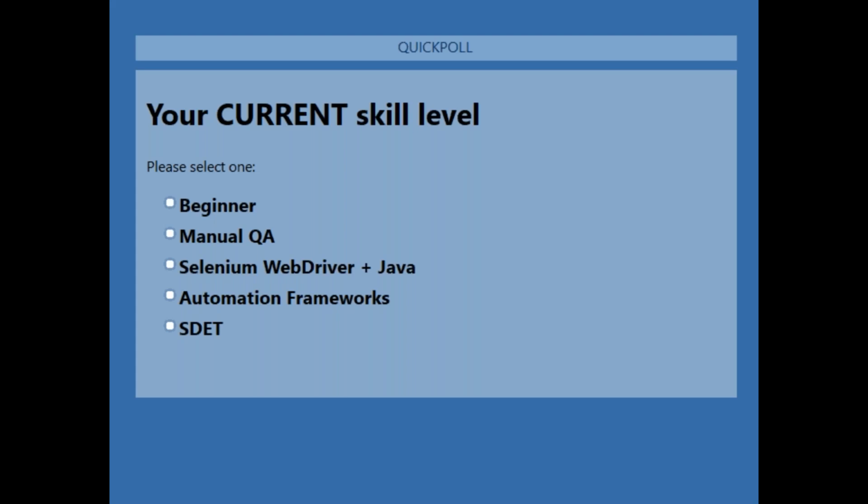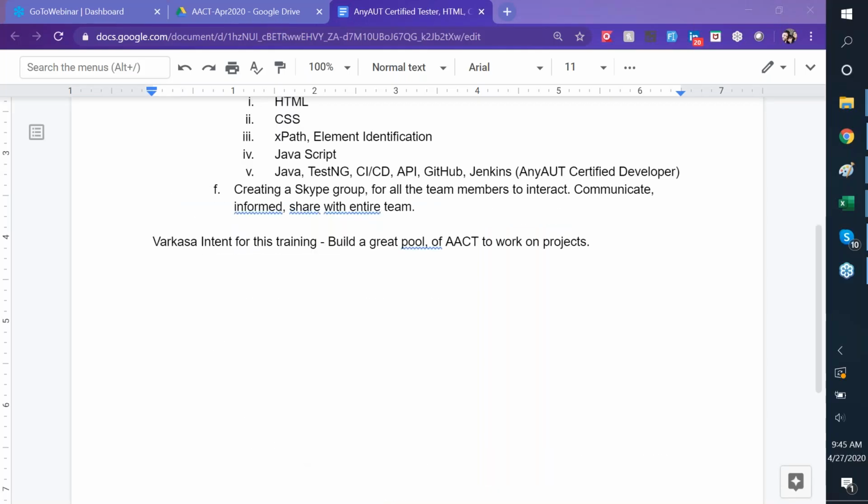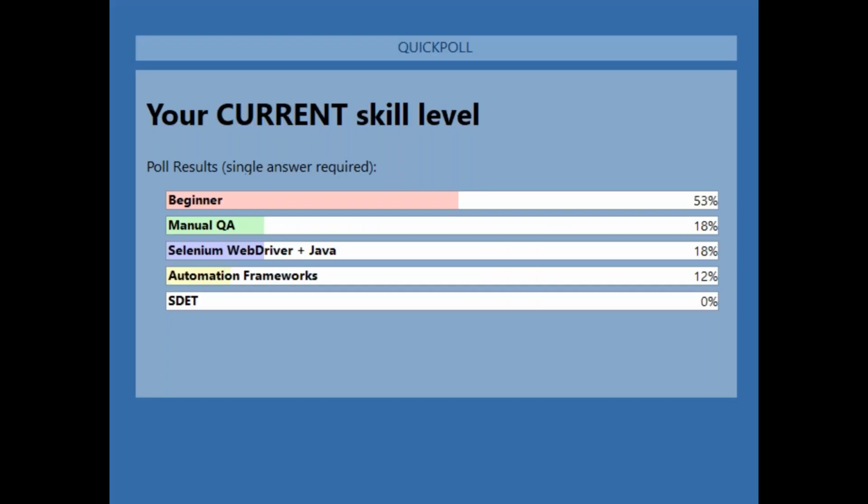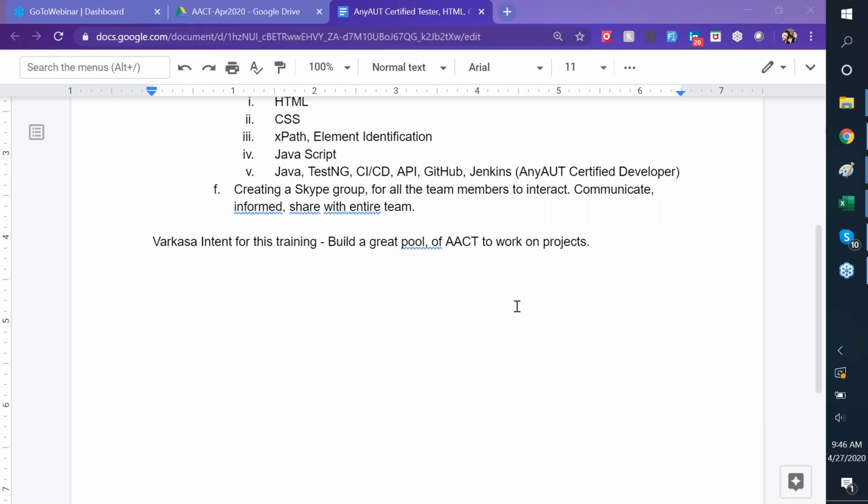I'm closing this poll and sharing these with you all. Can you see the results, everyone? So 0% SDET right now, team. And I'm sure a few of you are almost there, but maybe hesitating to put it. But the next time this poll runs in the next 2 weeks, I would love to see more changing. So beginners, welcome. We're going to keep things very relevant to how things happen, what we will do at this point,